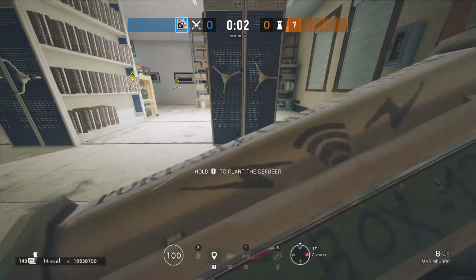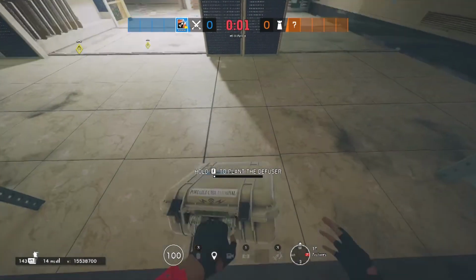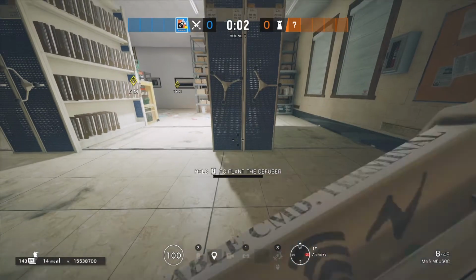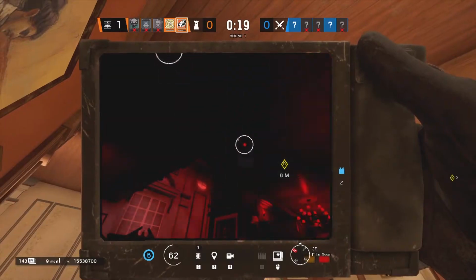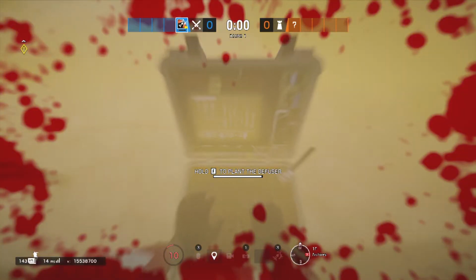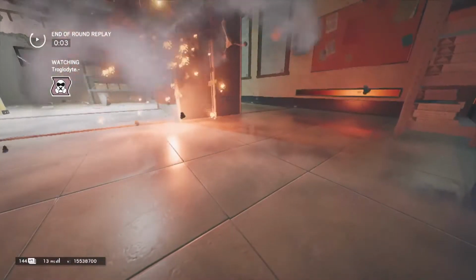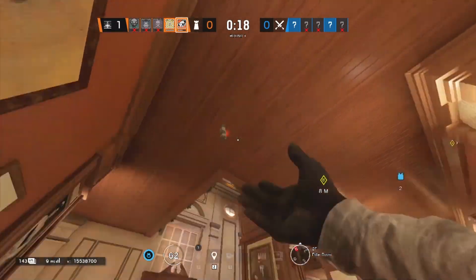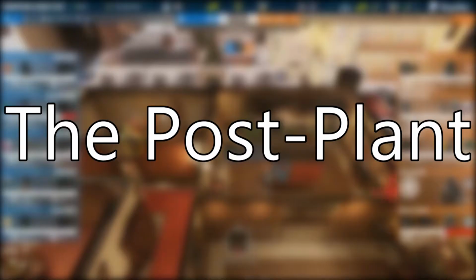Also take into account this tiny animation that plays before you plant. If you are in this part of the animation while the clock goes past 0, the round will not extend for your plant. So as a defender, you will want to deny this by any means possible, whether that be by smokes, nitro cells or C4s, or using your gun. In any case, you want to prevent the attackers from planting at all costs because you really want to avoid